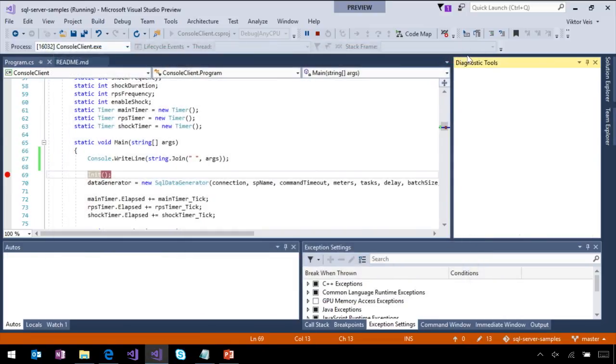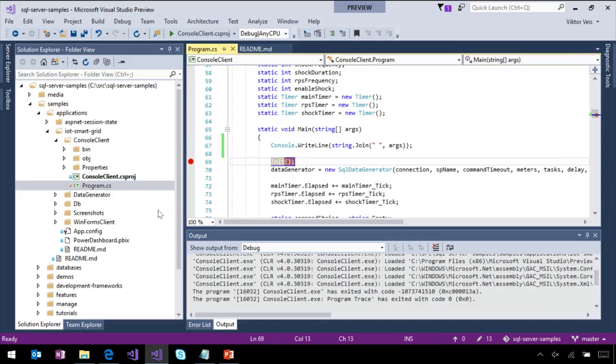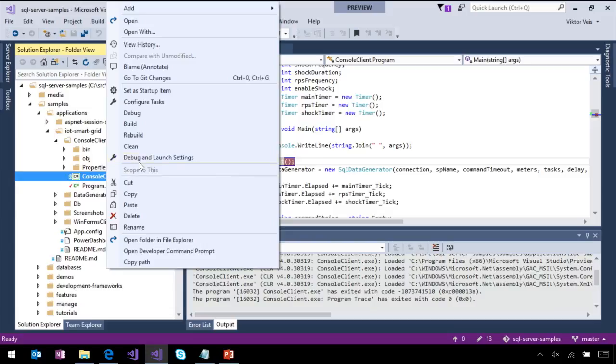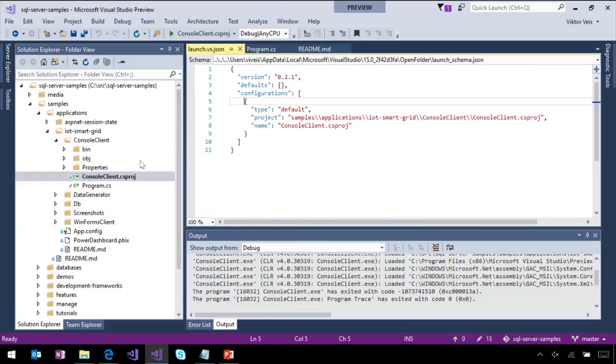So let's close it here, and I will show you next how you can customize debugging. This thing is specific to the folder view, so on pretty much any file that you can run, you can right-click here and say Debug and Launch Settings. In Open Folder, you customize debugging by editing a JSON file. This is the file launch.vs.json that we created in the .vs folder and provided the template to customize debugging for